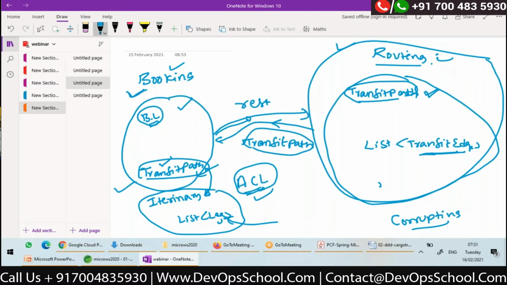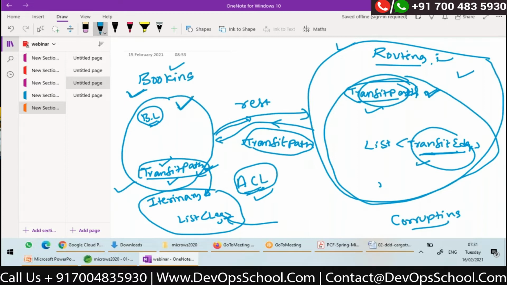So what I could do is I could use same classes, transit path and transit edge, in my booking. I can have these classes as shared domain classes, but not a good idea, because who is the owner of this transit path? Routing module. If they change some fields or structure of the data, then if I am using these classes, transit path and transit edge, in my business logic of booking, changes in routing module may corrupt the domain model of booking.